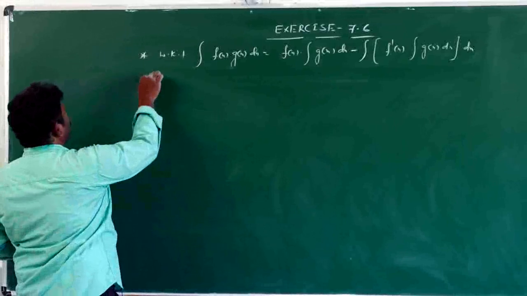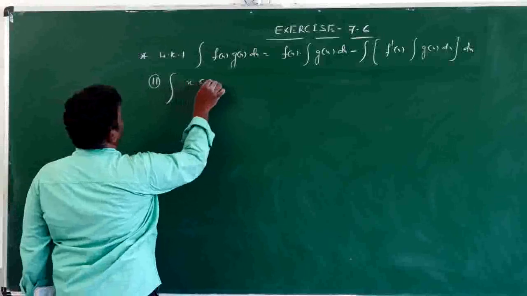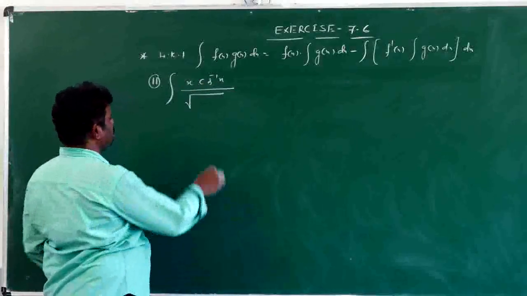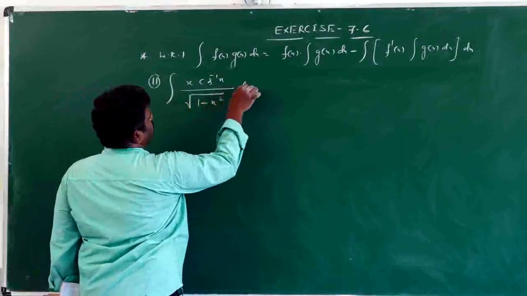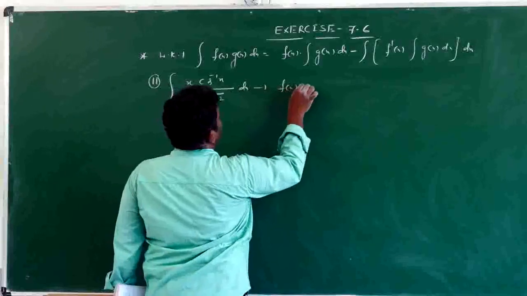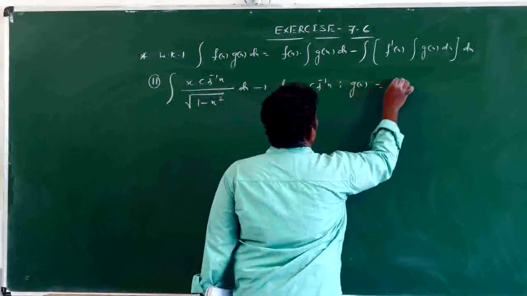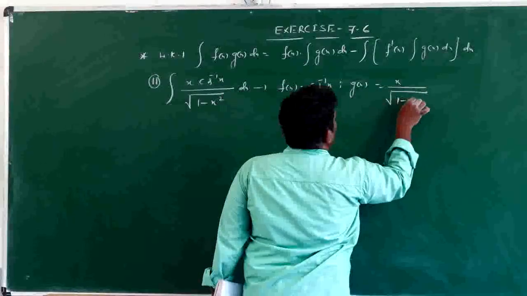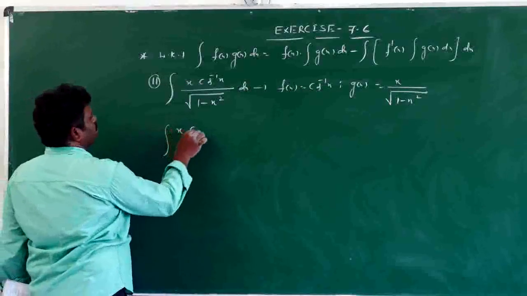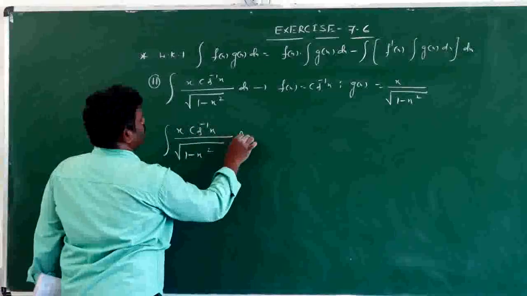11th one, see ma, integral x into cos inverse x by square root of 1 minus x square dx. Here also same ma. So if we take the value f of x is equal to cos inverse x, g of x is equal to x by square root of 1 minus x square. Now by parts formula, integral x into cos inverse x by square root of 1 minus x square dx is equal to,